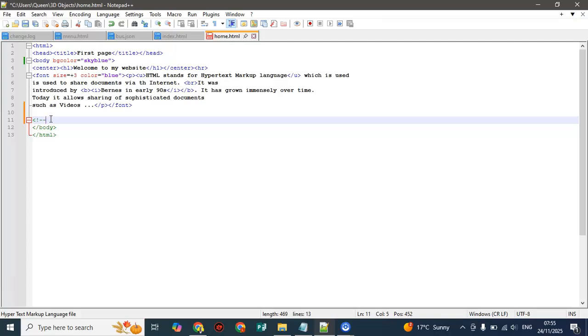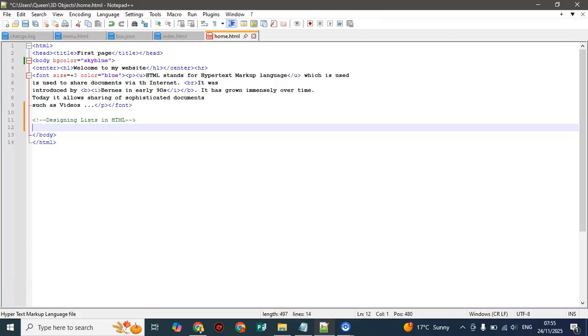Maybe let's say designing lists in HTML. And then when you're closing it, you use the two hyphens followed by that sign, and that is how you close your comment. So having said that, I want to deal with the two different types of